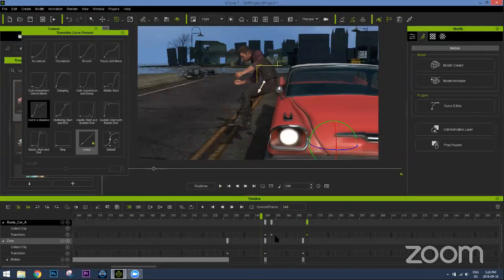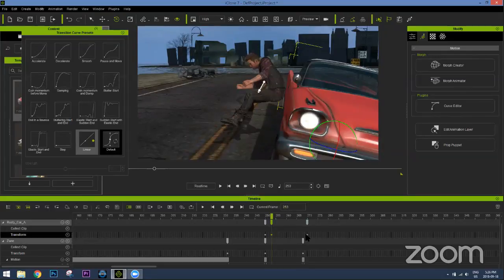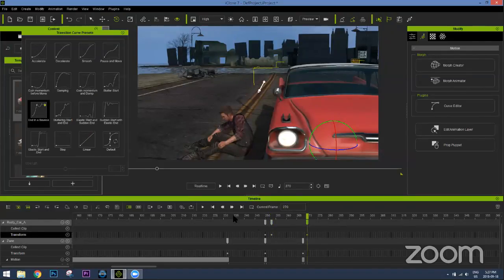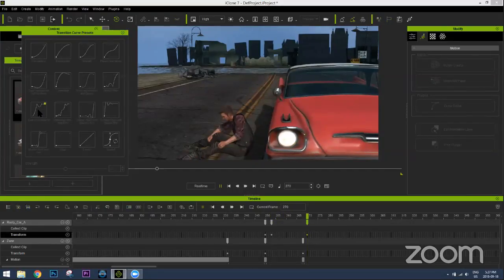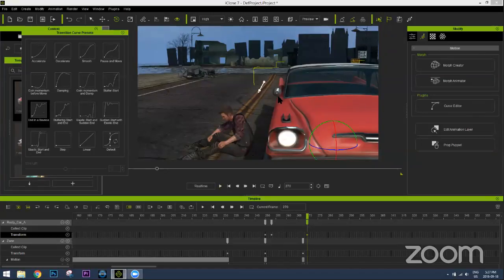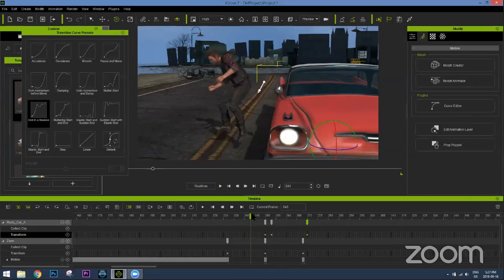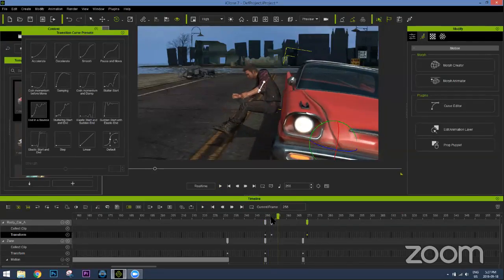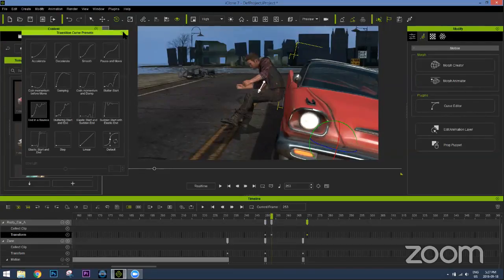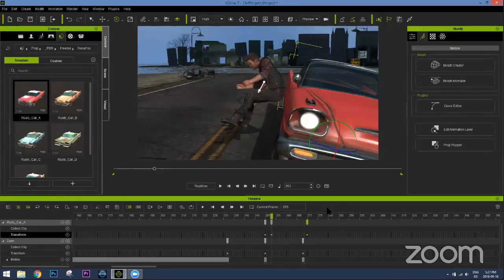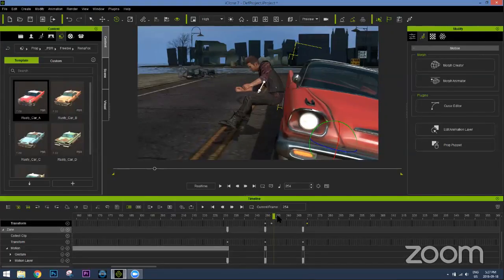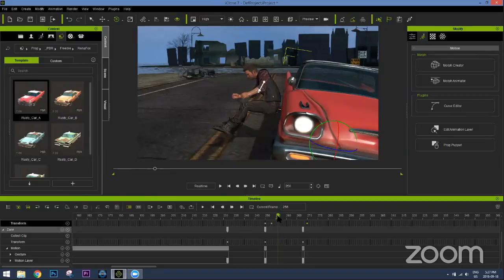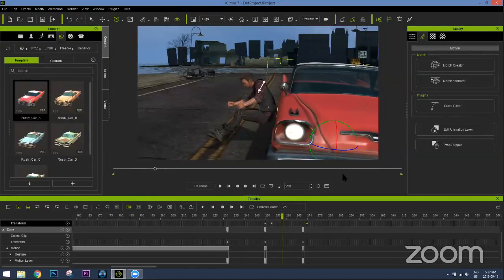Okay, so you can see here between the second and third keyframes of my car position, we use that end in a bounce. Okay, so if we double click that, you can see it kind of ends in a bounce like that. Goes back into position, ends in like a dun, dun, dun, dun, dun, kind of bounce. Okay, so we're going to do a similar thing with Zane's position. Right here, we're going to go ahead and change his transform position ever so slightly, and also his motion key position. So between frames 3 and 4, what I'm going to do is change his position to